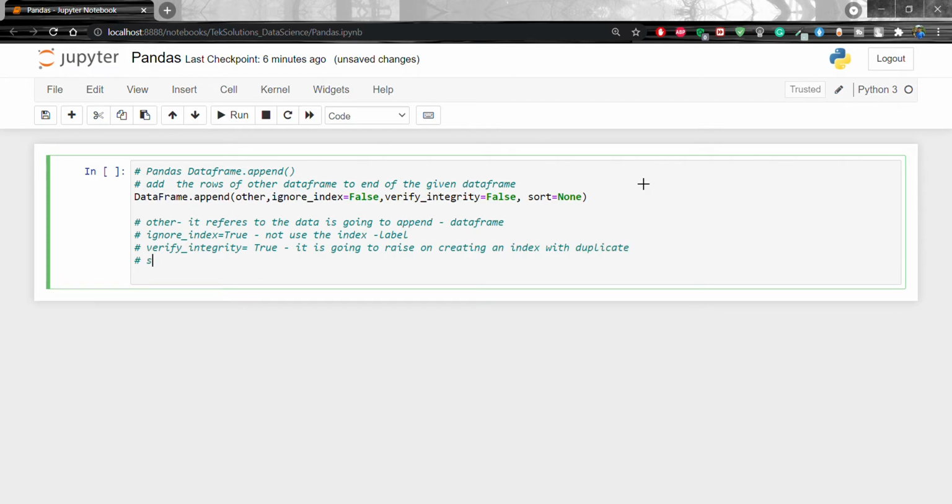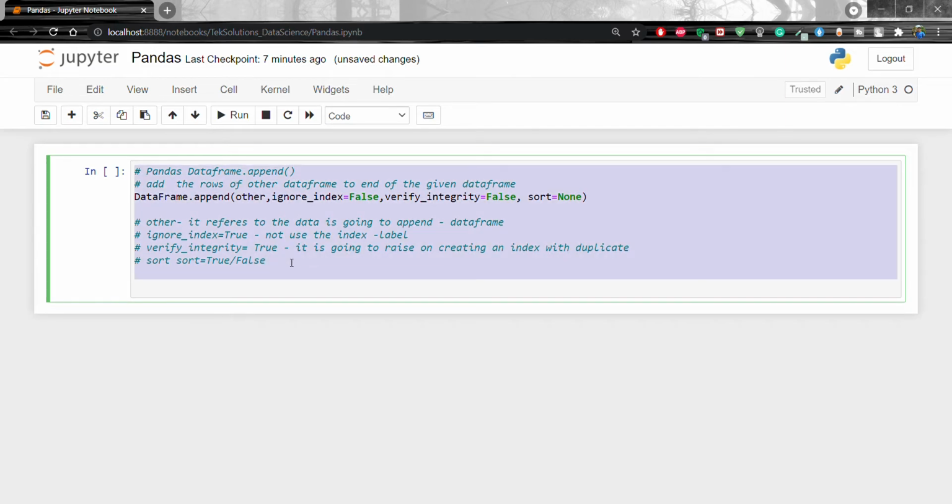Okay, the last one, sort. By default it will be none. So what will sort do? It sorts the columns if the columns of self and other are not aligned. So sort equal to true, or false.